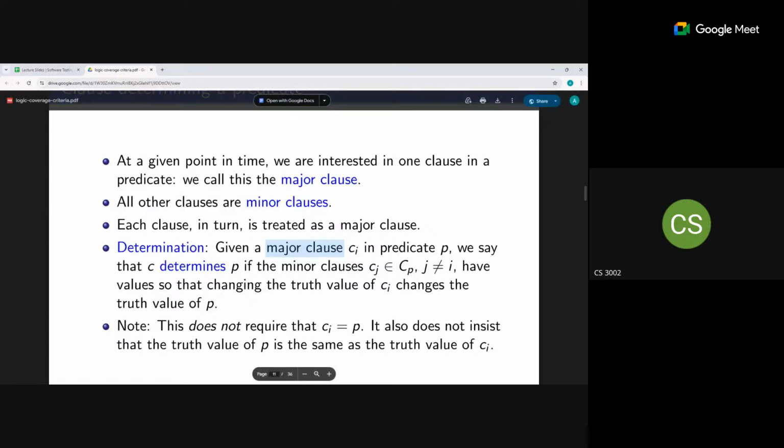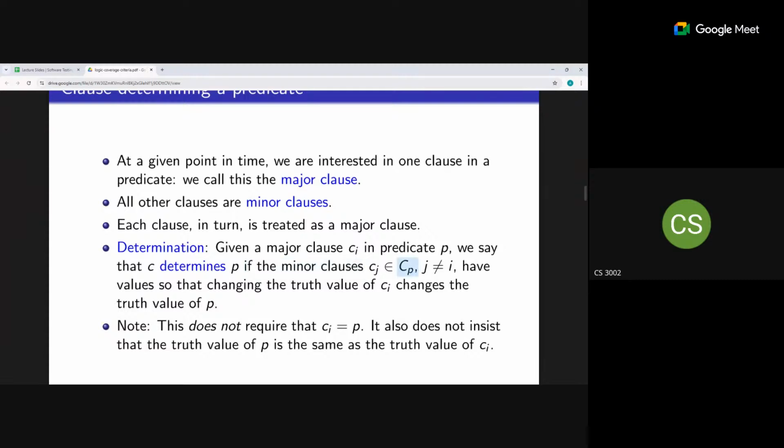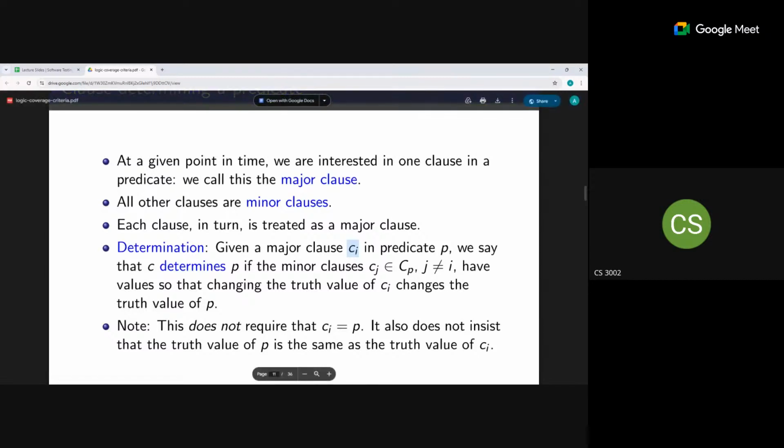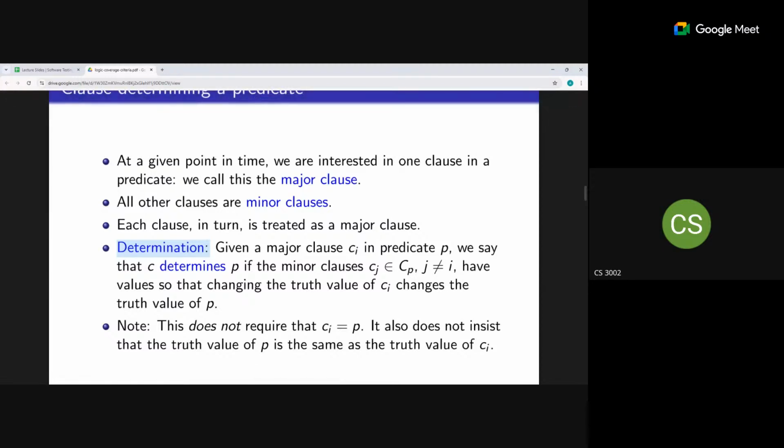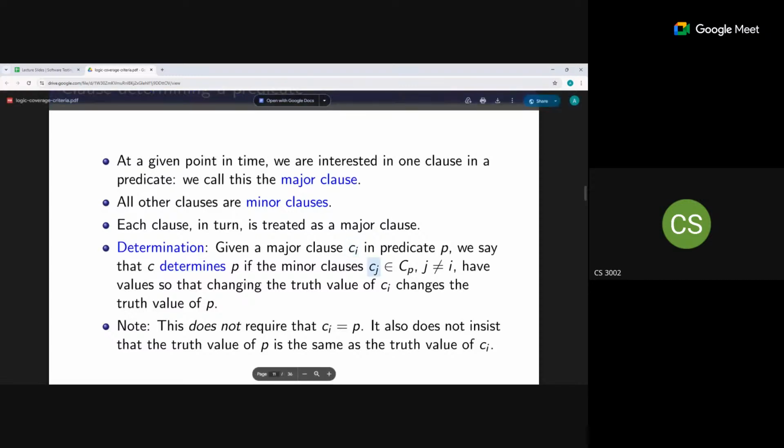So given a major clause Ci in a predicate P, we say that Ci determines P if the minor clauses Cj, belonging again to all the other clauses in that predicate, are set appropriately. So Ci is the major. Let's say A is the major, then B, C, D, whatever else is there will be Cj's, the minor clauses. So how do we determine? This is the definition of determination itself. I have to set my minor clauses. We are not talking about the major. I nominated the major. Now I'm going to select true and false values for my minor clauses such that,